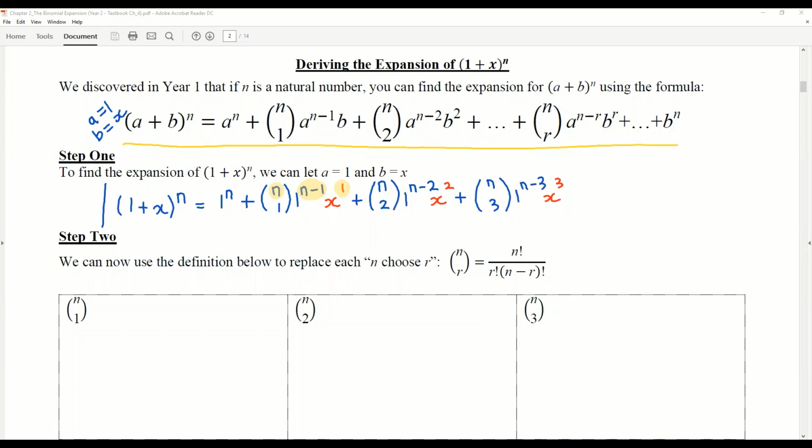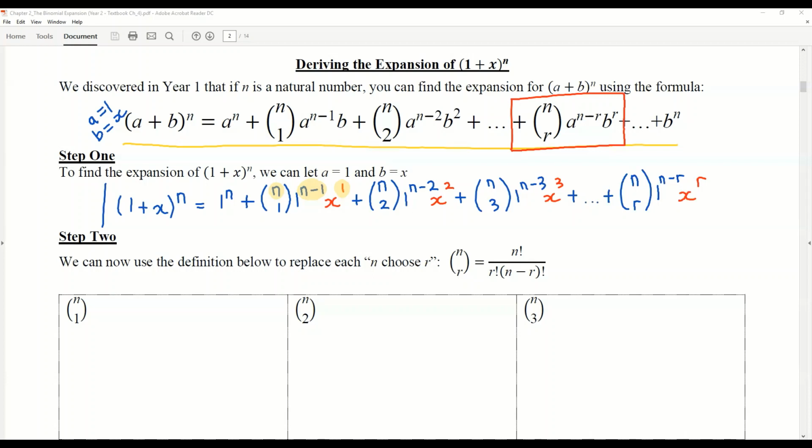And we don't really know when to stop, do we? We have this generic term given in the definition here. So let's do the generic term. We'll put plus dot dot dot, and then we're going to add n choose r, and then obviously 1 to the power n subtract r, and then x to the power r,